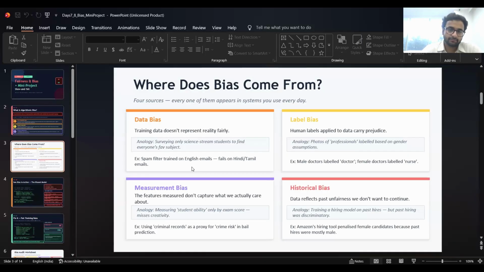So if you train an image model, and say these are the images of doctors, and just give it all the images of male doctors, then the model will always think that if you're talking about a doctor, it will pre-assume that you are talking about a male, not a female. And if all the photos of nurses are of female nurses as well, then the model will be trained to think, oh okay, every nurse is a female nurse only. That male nurse doesn't exist.